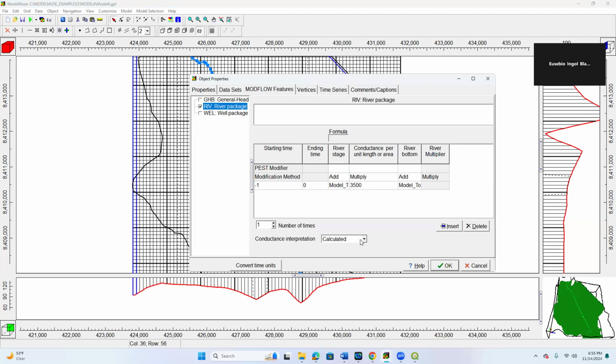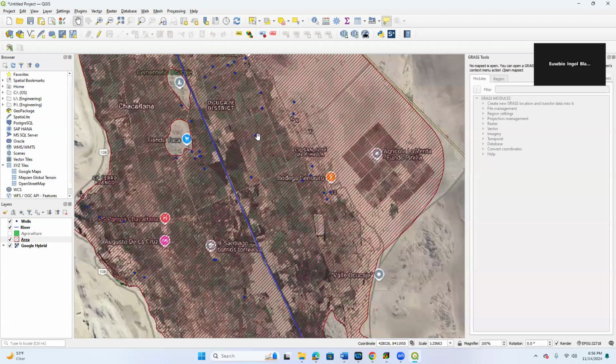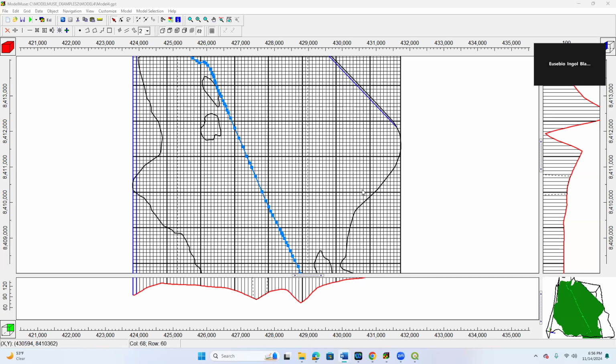We are going to use here calculated, here direct, for the same for the conductance. Then we have the rivers now with the information for this river. Now we need to set up the wells, but first we need to add the